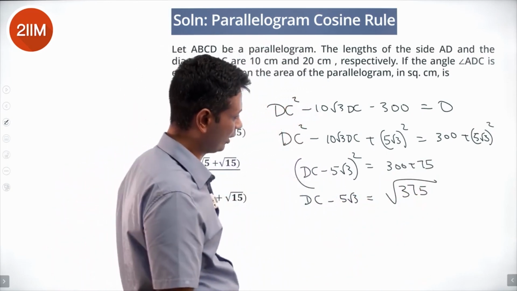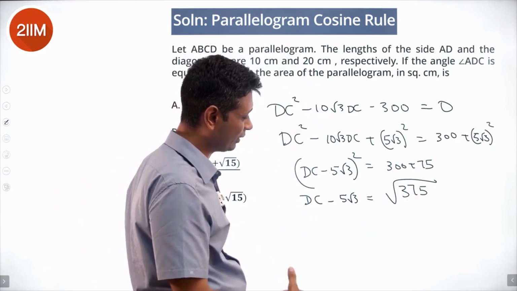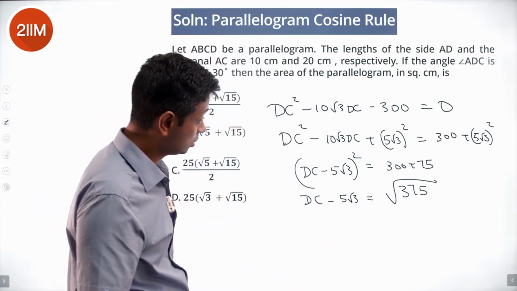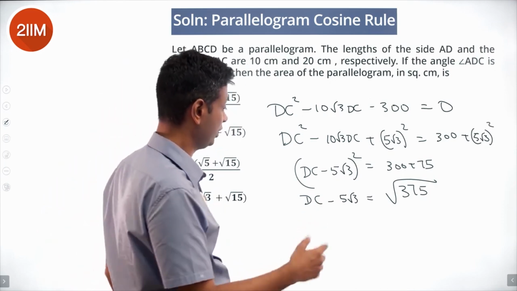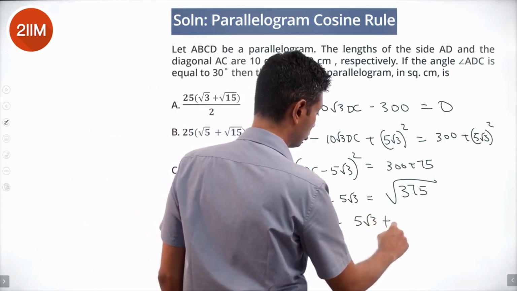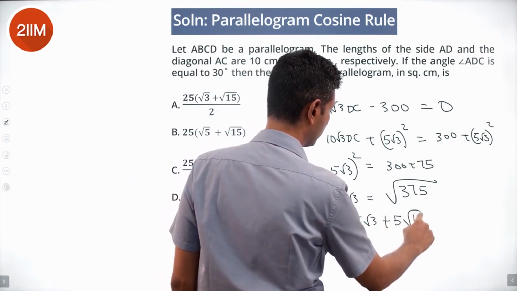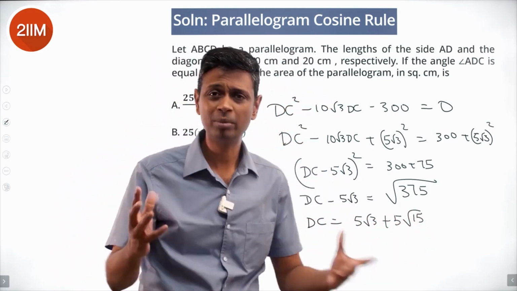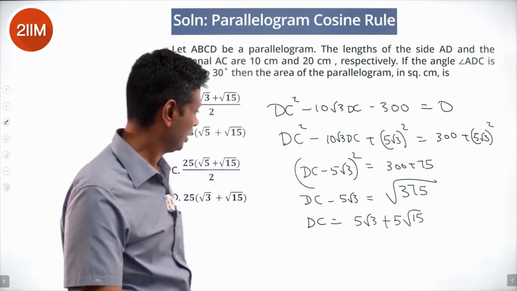Nice. Square root of 375, we can take a 25 outside. This is 25 into 15. So DC equals 5 root 3 plus 5 root 15. Nice. So we've got DC by completing the square and all of that. We know